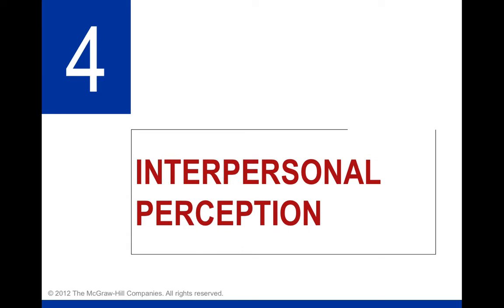So this presentation is going to go over chapter 4, which is all about interpersonal perception. And what we're talking about with perception is literally how we perceive things and how we come to understand things when people are interacting with us, what influences our perception, and how we come to negotiate things within interpersonal